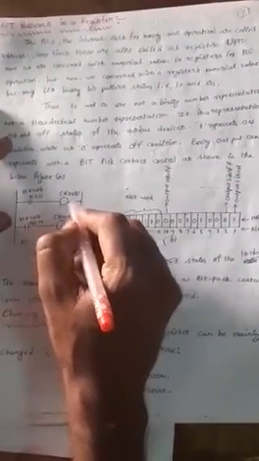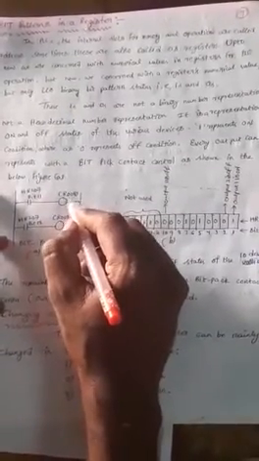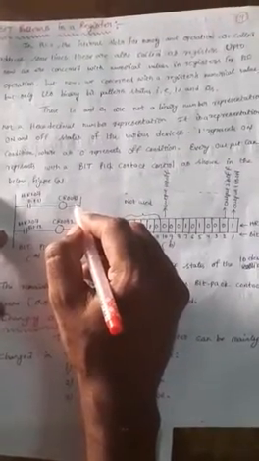But before going to PLC sequencer functions, now we discuss the bit patterns in a register. Why? Because it is also present in our fourth unit syllabus. So what is meant by bit patterns in a register? In a ladder diagram we have contacts and coils. Based upon the contacts representation, the output coils may be on or off. Which output is on and which output is off can be stored in the form of a bit